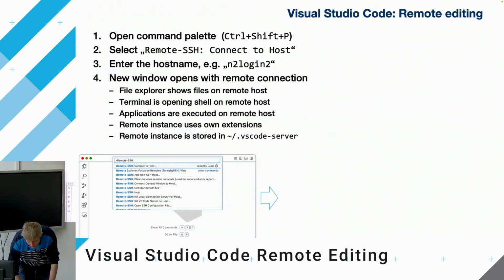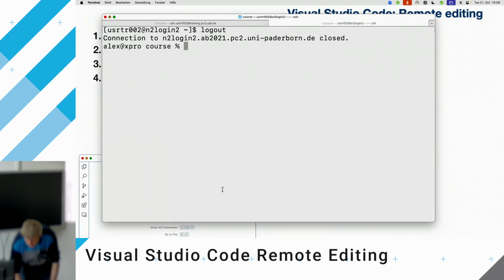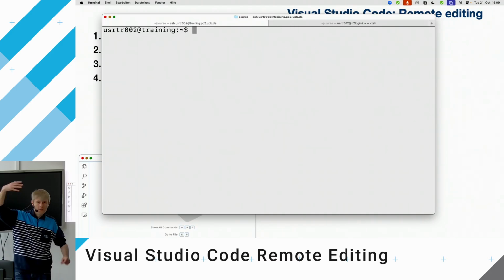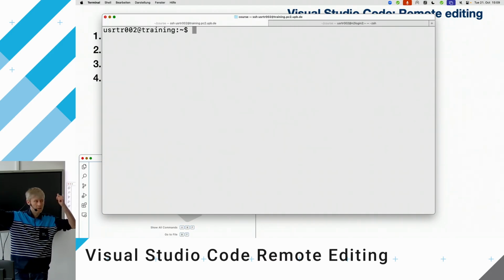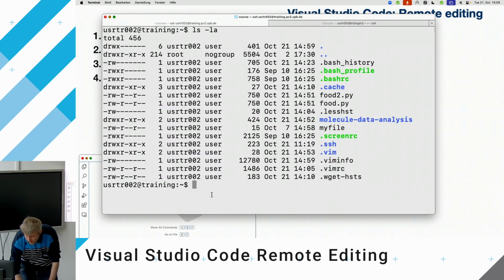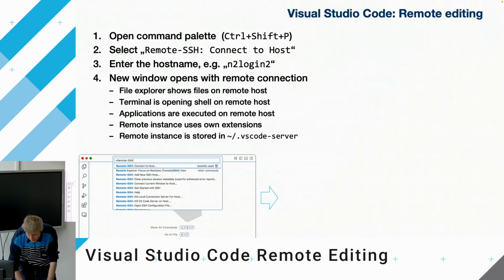What I want to show you is that another complete VS Code instance will be started on the remote side, so it has to exist there, and has to be installed somewhere. This location where it will be installed is in your home folder. I can look at the home folder right now, and it's empty. Now I will connect for the first time with VS Code